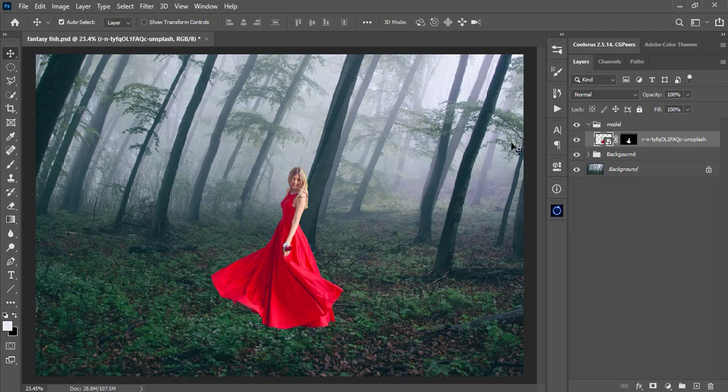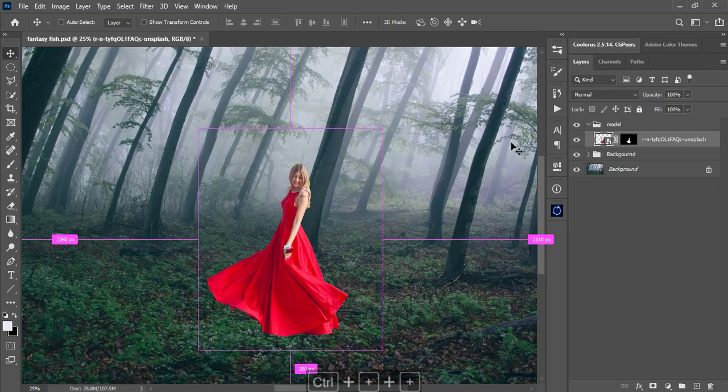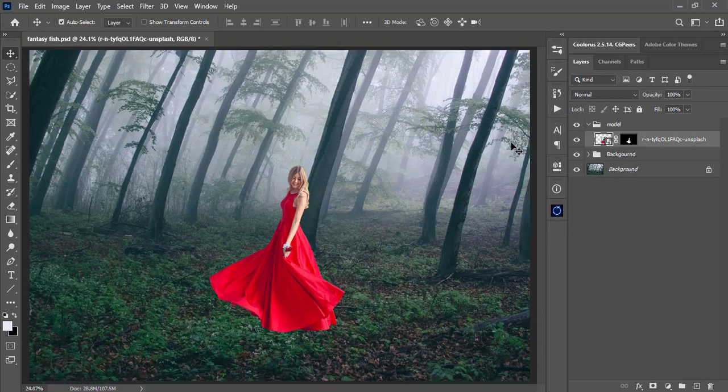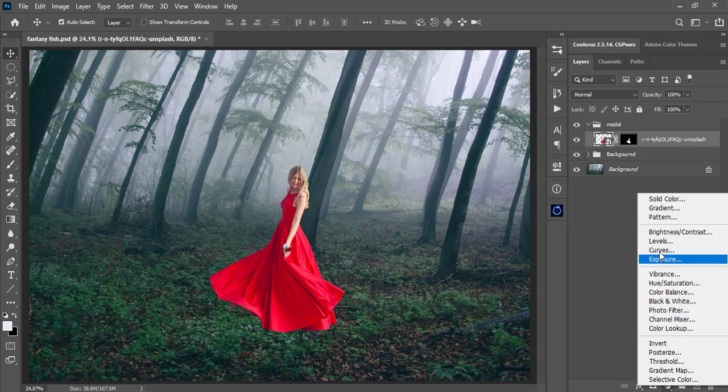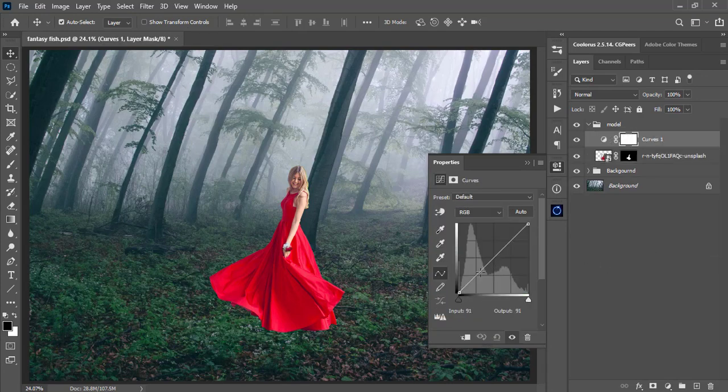Next, I'm going to match the highlight and the shadows of the model with the background using curves adjustment layer. Now click on this half circle icon at the bottom of the layer panel, click on curves, and first make sure to clip this curve layer to the below layer by clicking on this icon, and then click to create the point on this area and drag down a little bit to make the shadows a little bit darker, and then click at the bottom of this line and drag up a little bit to make the darkest area a